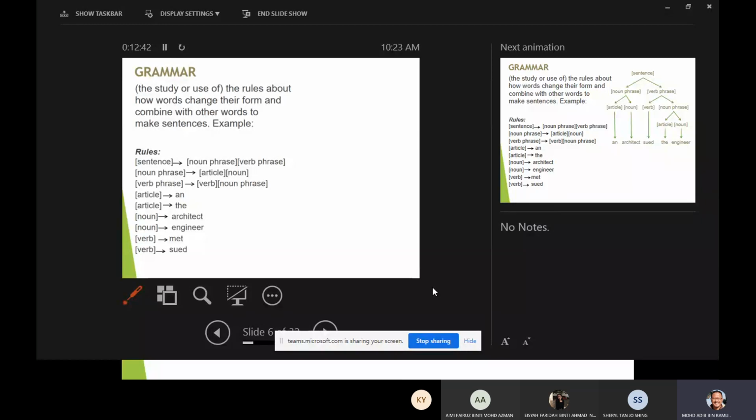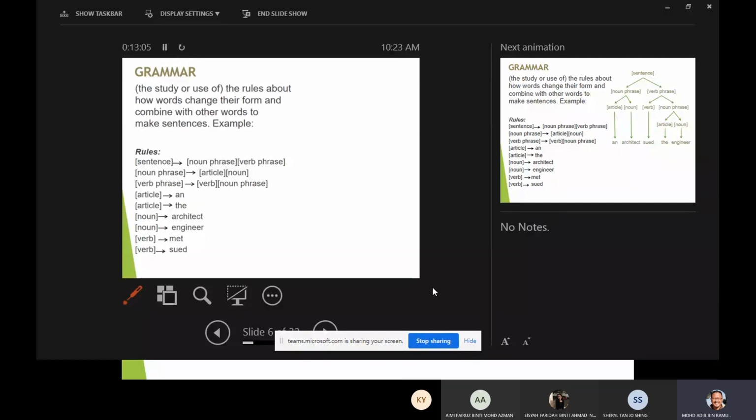But of course, we already know the language, right? We know how to create sentences, so we don't really care about the rules behind how we create sentences, right? And then we move down. You can see these are just examples, right? What are examples of